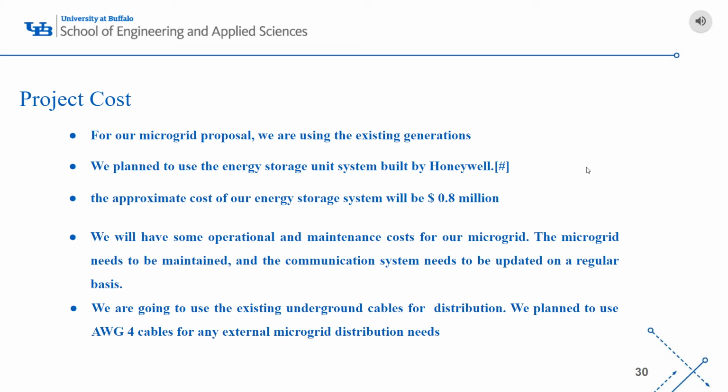Project cost. For our microgrid proposal, we are using the existing generation. We plan to use the energy storage system built by Honeywell. The energy storage system is capable of storing 500 kWh to 4 GWh. For our microgrid, we need 10.6 megawatt energy storage. This battery storage uses lithium-ion based cell chemistry technology to build the system. Some of the benefits of this energy system are reducing the carbon footprint,